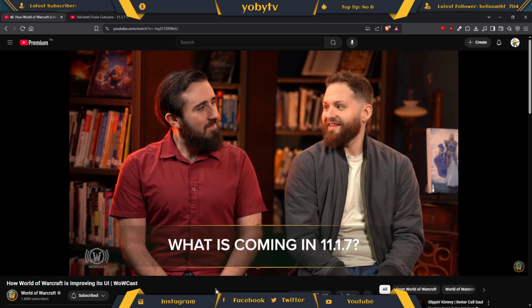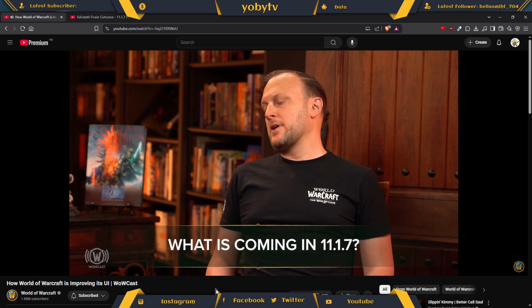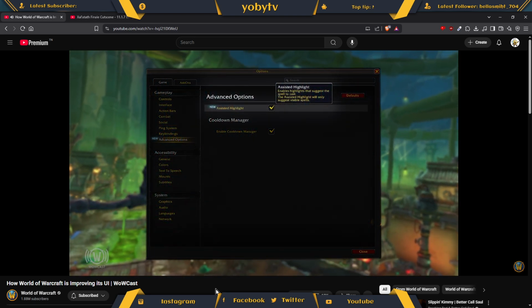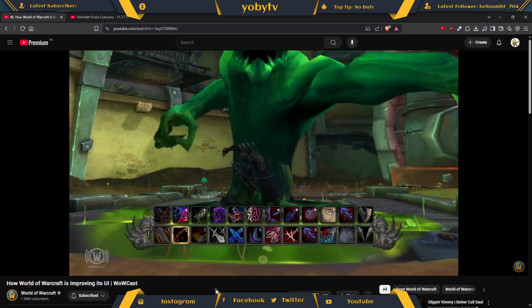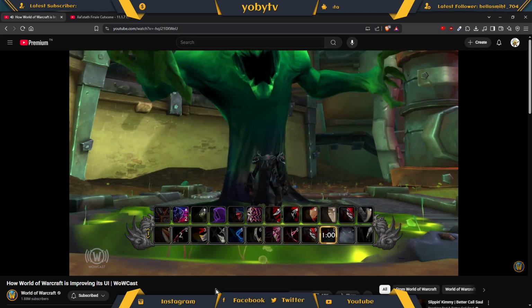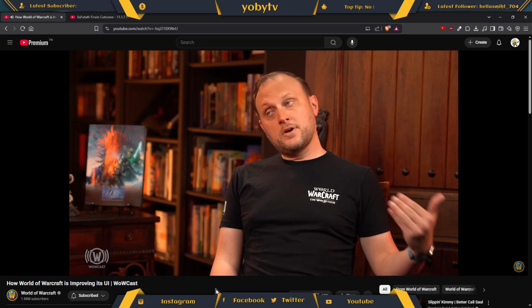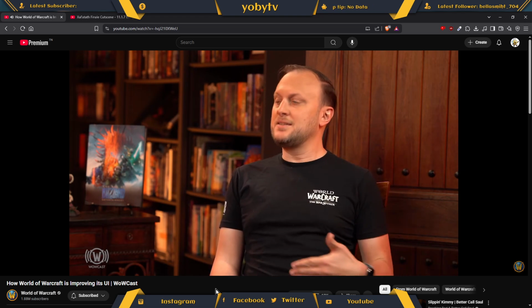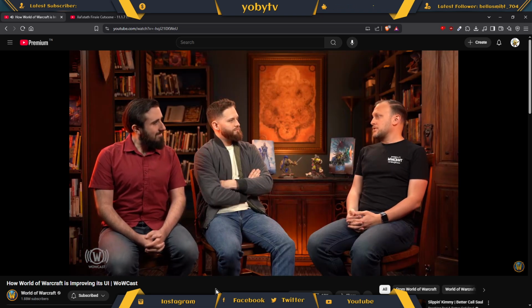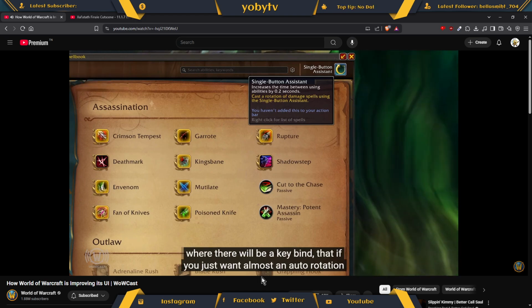So what are we doing in 11.1.7? A whole bunch of fun stuff, but one of the features that we're extra excited about is a new UI option that we're adding called Rotation Assist, which is really designed to help players who are maybe picking up a new spec or want some guidance on what abilities they should be using when, without having to turn to third-party add-ons for it. So we've seen that, there's an add-on called Hekili that is very popular with a lot of players. We're basically building in a very similar version of that into the base UI that you can opt into. That will, no matter what DPS spec you're playing, highlight the recommended next ability given your current energy, what's going on around you, and so forth. One extra thing that we're also going to do, which maybe goes a bit beyond what the add-ons can do, is also have a one-button version of that, where there'll be like a keybind that if you just want almost